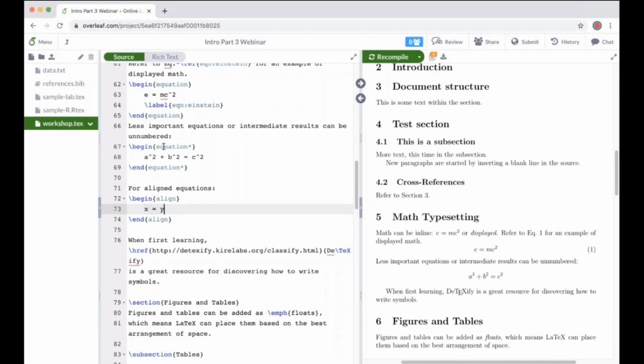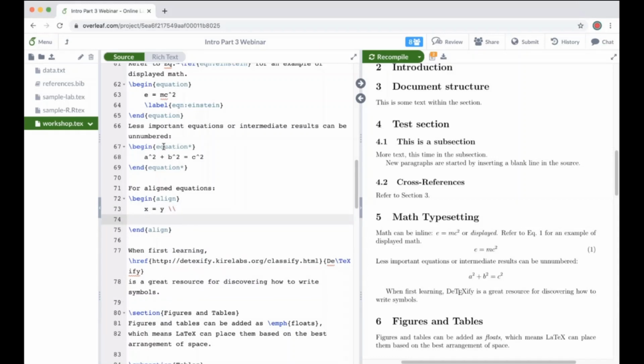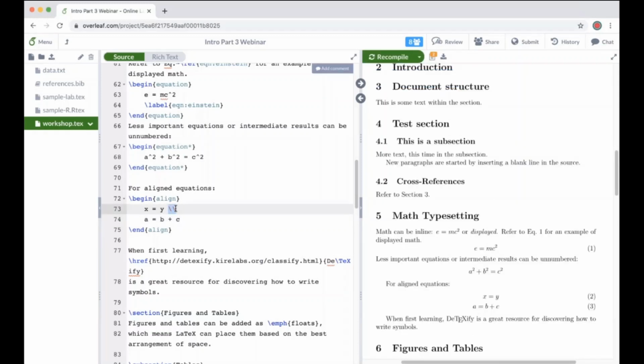So if I had two equations that I wanted to be displayed together, I can use the align environment for that, using a double backslash to insert a new line or a new row of an equation. And so you can see here, if I recompile, I get the two equations,